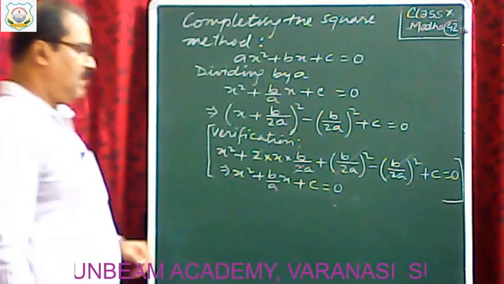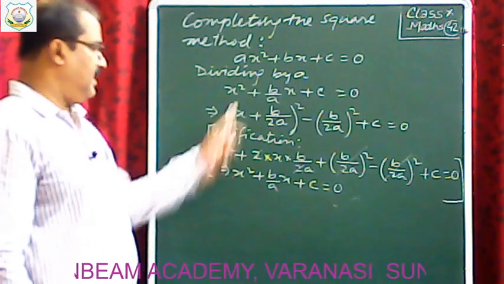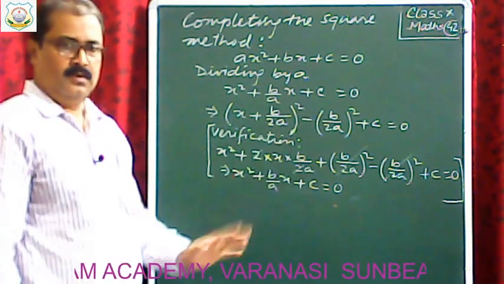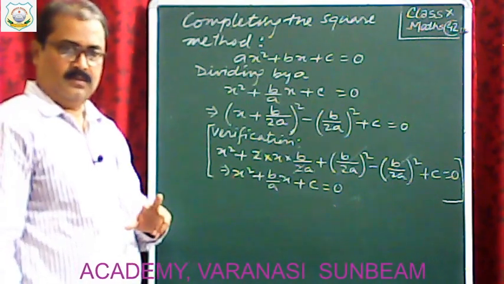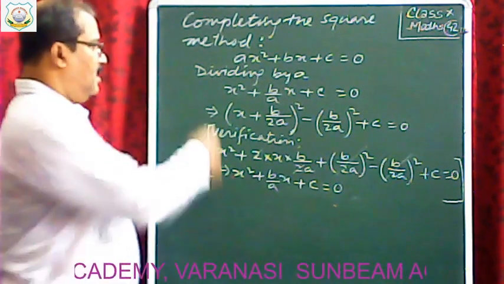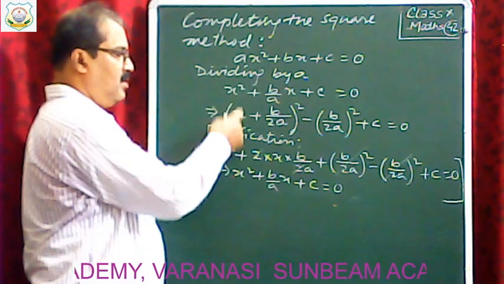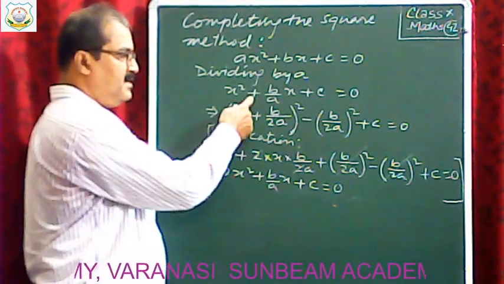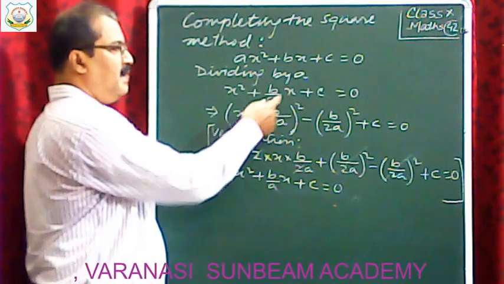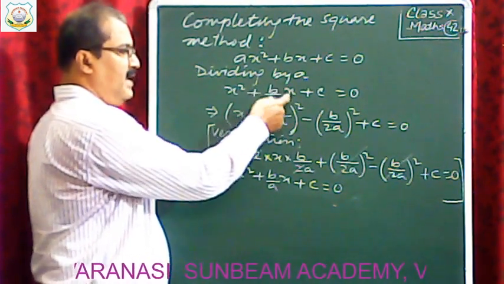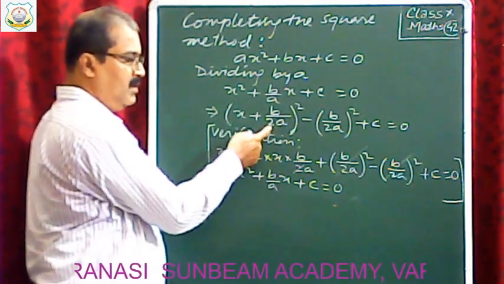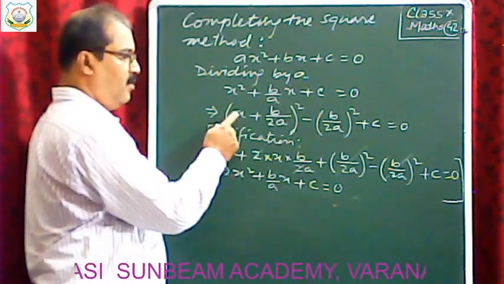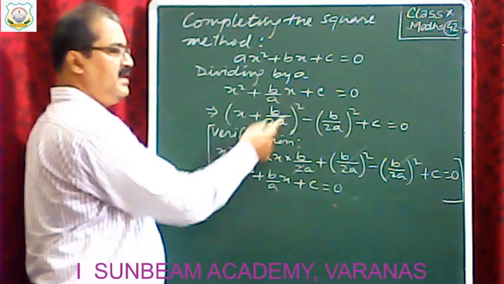So two things we have done here. We get the same thing, x square plus b by a x plus c by a equal to 0. Okay, keep it in mind. One, in place of x square you have to write x, in place of plus the same thing you have to write. If minus is there, then minus you have to write. Thereafter you have to write the coefficient of x, that is b by a, and you have to multiply the denominator by 2 always and make it a whole square.